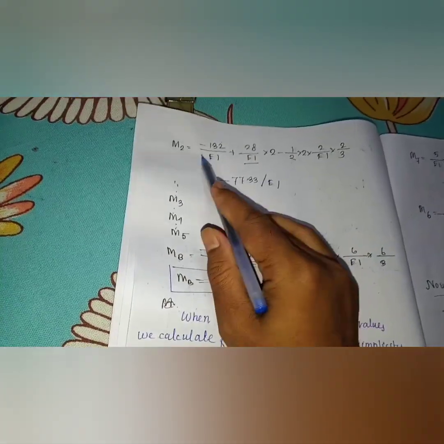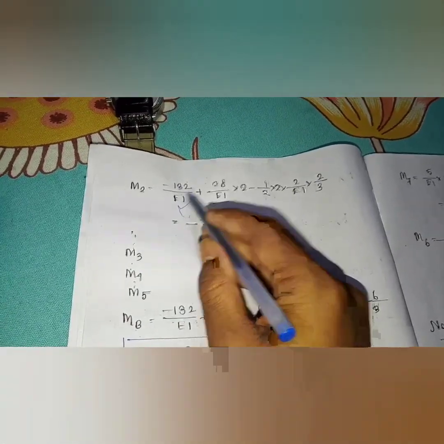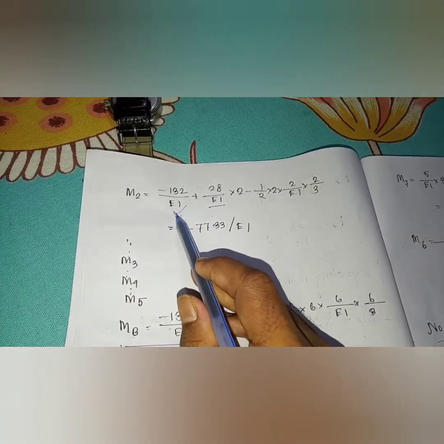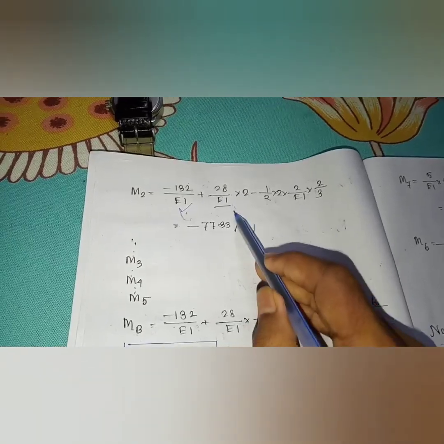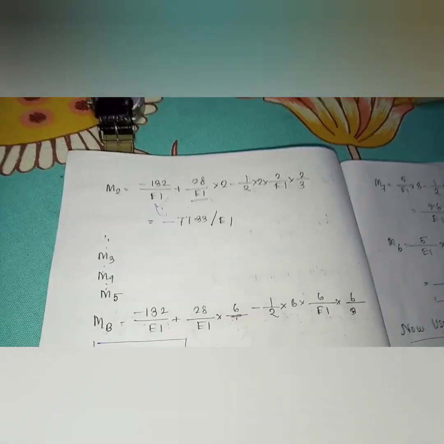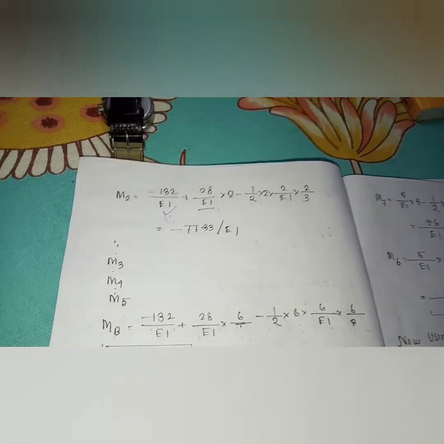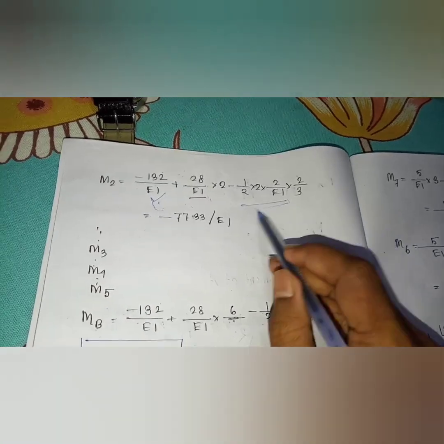So applying the similar process, I have to find all the values of M2, M3, M4, M5 and so on. See, in the M2 value it will be the same, minus 132 divided by EI, because it is MA dash, the moment of fixed support. This value 28 by EI, that means RA into 2, now the interval is different. Now the distance has changed. The distance is now 2 meter from the fixed support. And now I have taken this load. That means what? This area, let me show it in the real beam.